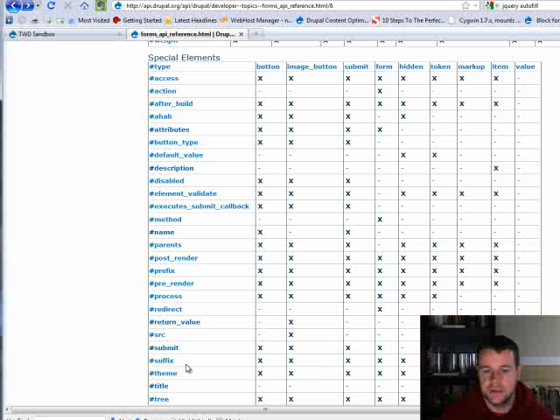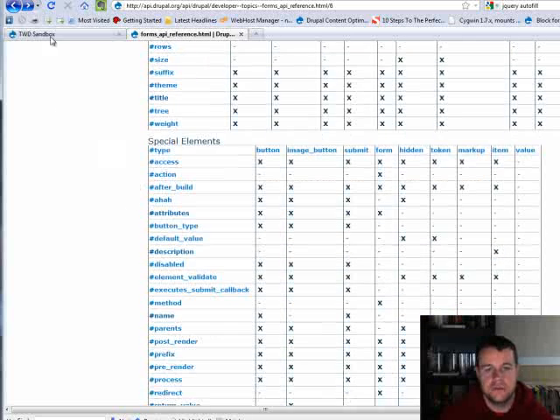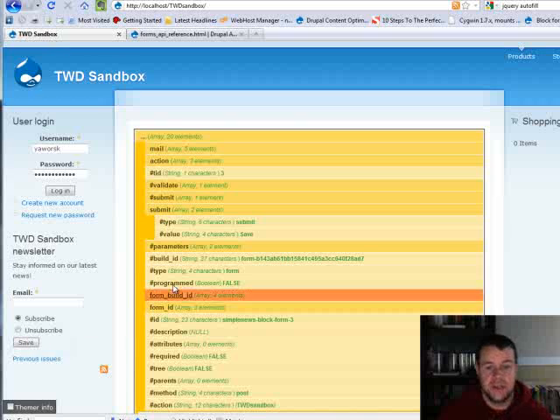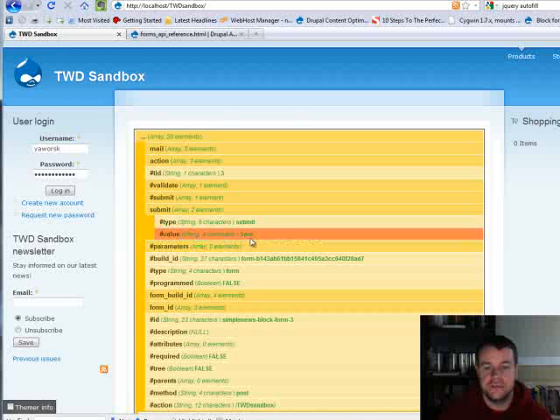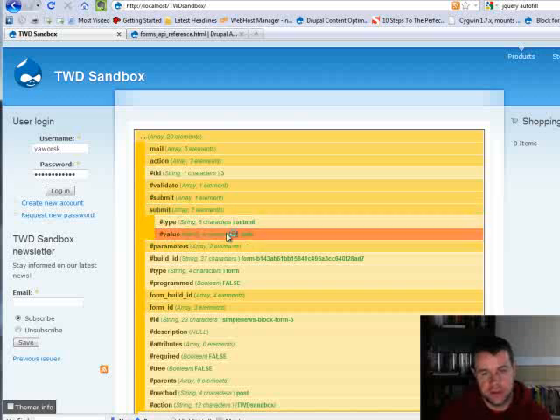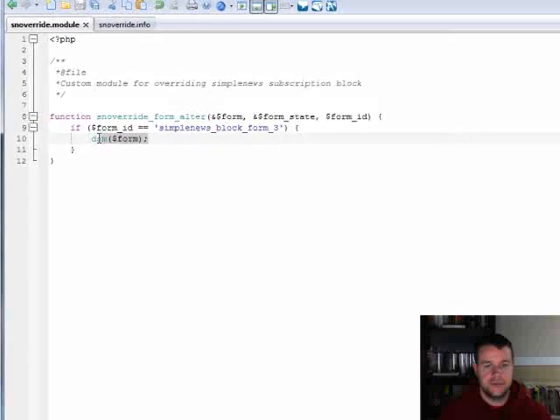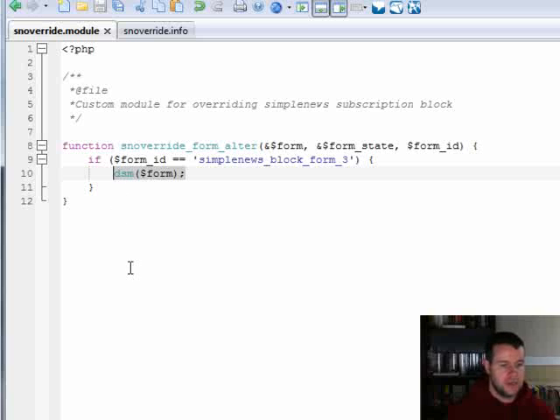Sorry, I'm trying to get them on the same side. So submit. You'll see these are the attributes that are specifically for it, and then you'll see that the value is something that's being passed in. So you just want to change that. All you want to do is change this value of save, so that the type for the submit button is still submit, but now it will say subscribe. So in here, you're going to have one line of code, and it's simply going to be